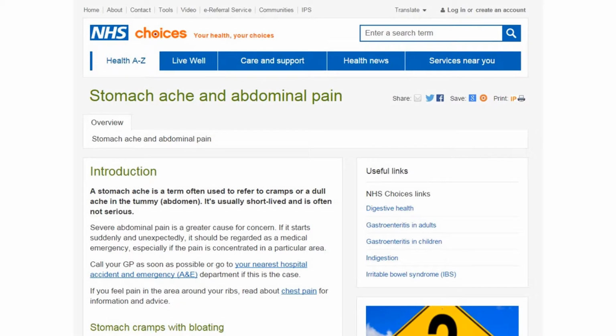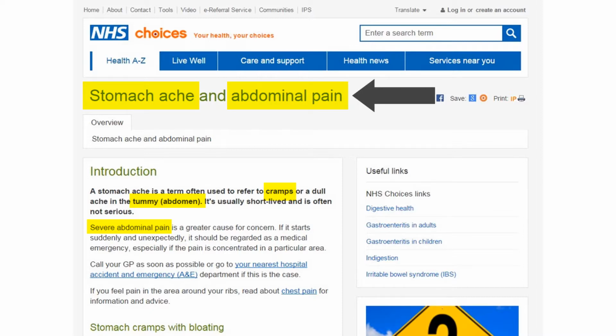Just to give you an example here from the NHS, it's a fun topic about stomachache. So as you can see in this example, they're using lots of different keywords which all relate to the same thing. Now, they don't know if someone is going to be putting into Google stomachache or abdominal pain or tummy ache. And so what they've done is try to use all these different keywords, different variations on the same topic in this page. And they've used them in the headings